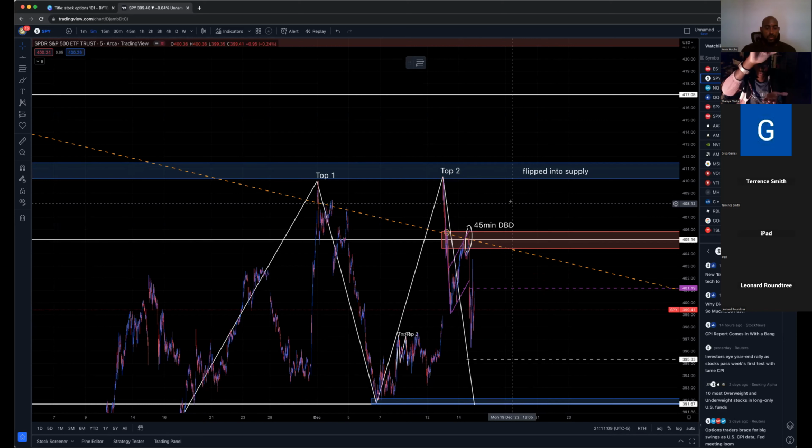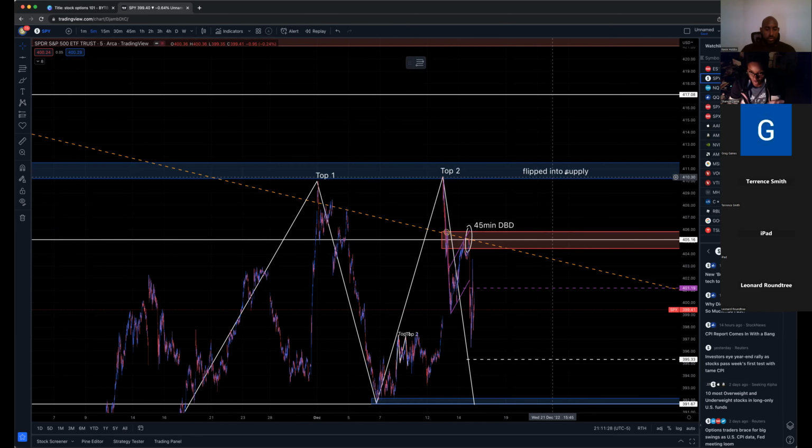But what you essentially are looking for is a pullback. You're looking for selling to happen and come back into that zone, and the probability of more orders from the banks that are sitting there are going to get picked up and shoot the market either higher or lower, depending on if we're looking at a supply zone, which is at the top, typically red, but I said flipped into supply here because it's a turncoat zone. So it was demand at one point and it got flipped into supply. Or if it's a